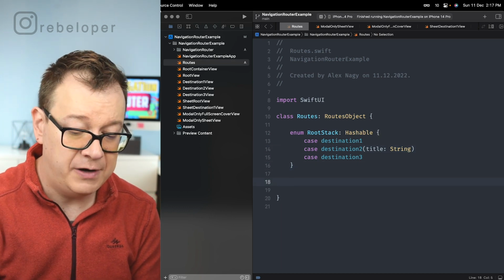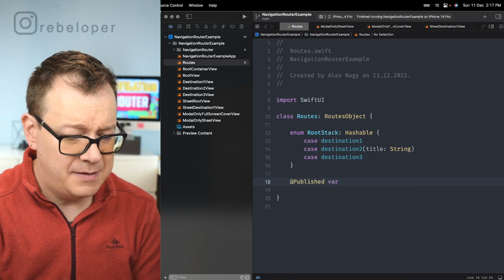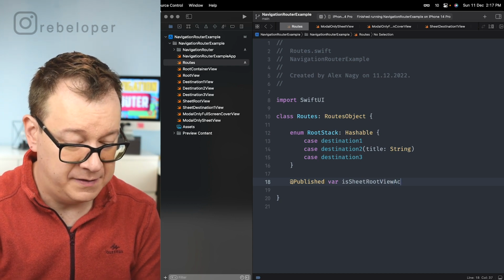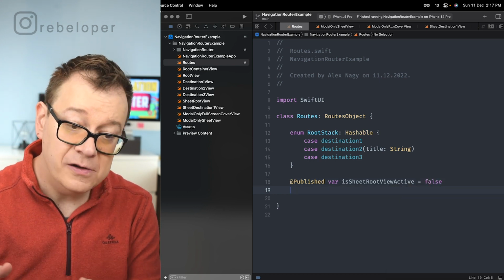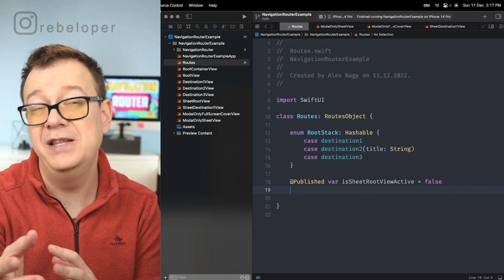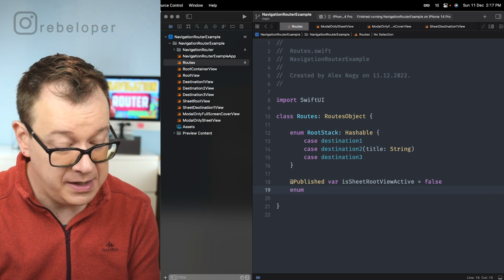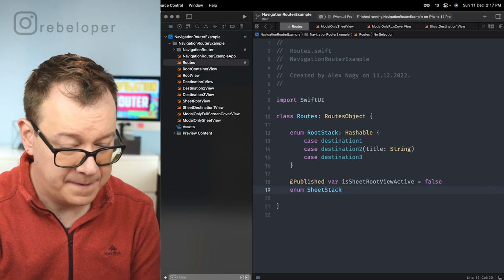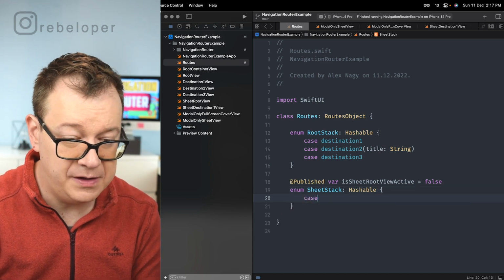And for that, we want to create a published variable. So @Published var, I'm going to name this isSheetRootViewActive, equals false. And then here, when I'm going to present this root sheet, or sheet with the root, we are going to navigate. So we want to have another enum, and I'm going to create this as a SheetStack. Okay, again, it's going to be Hashable, and here I'm going to have another case as